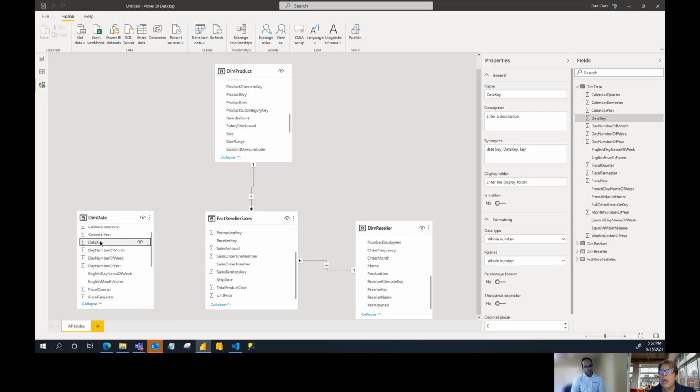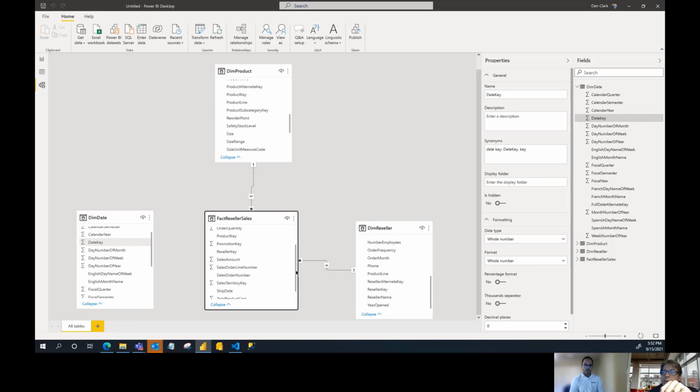Here's the date key, and so we have a date key here. So if we come over here and look, we should have a couple keys. Now we could do it by date, order date to order date, but since we have the key, let's just use the key here. So there should be an order date key. I thought it was in there, but maybe they updated it. So in this case, I would say order date here,